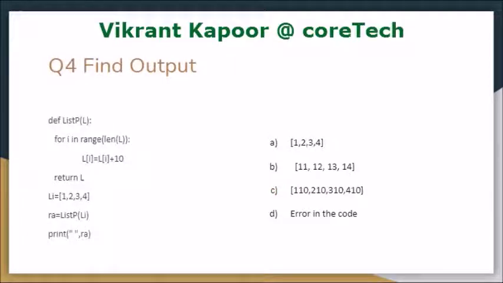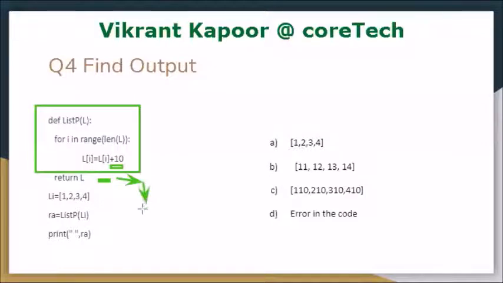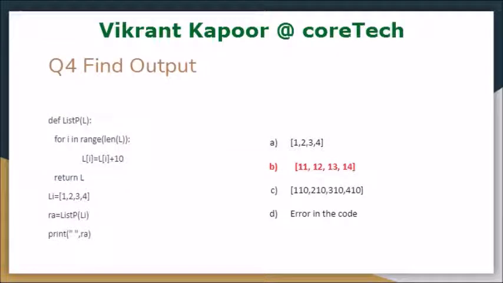Now we have a list being passed as an argument, which is adding the value 10 to each element and then returning. As soon as the function returns a value, the control will pass here and the variable array will be updated. So array should print the changed values of 1, 2, 3, 4 by 10. The changed value is at this place. There is no error in the code, although we should try our level best to see that in case there is an option like error in the code or none of the above.